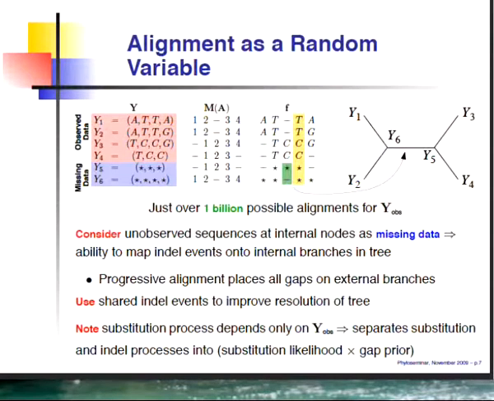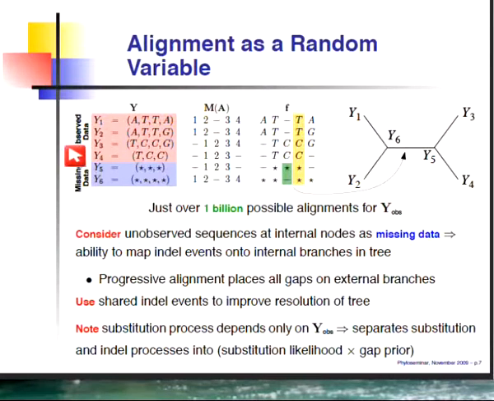So instead of thinking about an alignment as an observable or as data, let's conceptualize it as a random variable. Now, I don't want you to get the idea that it's a random variable that actually exists out in nature. It's not. It's just a low-dimensional projection of a whole bunch of homology statements. But nonetheless, it is the sufficient statistic that we need in order to go from the sequence to the tree itself. So here's what an alignment might look like as a random variable.